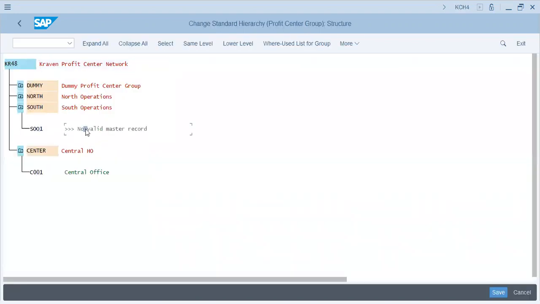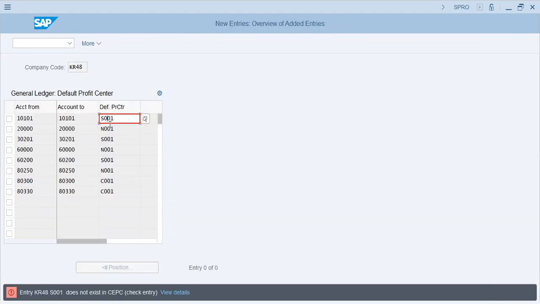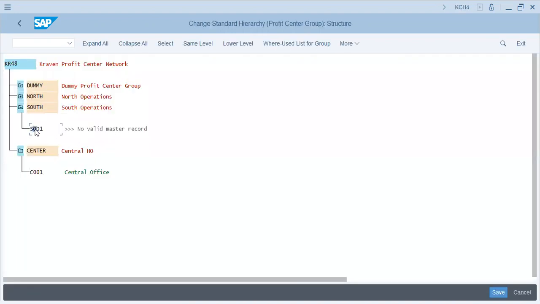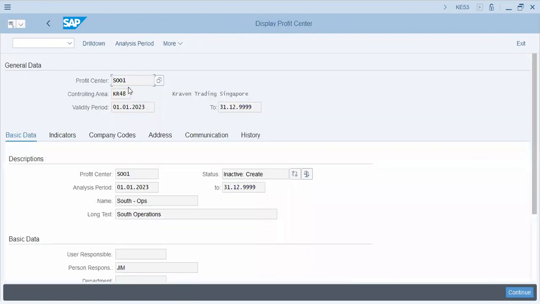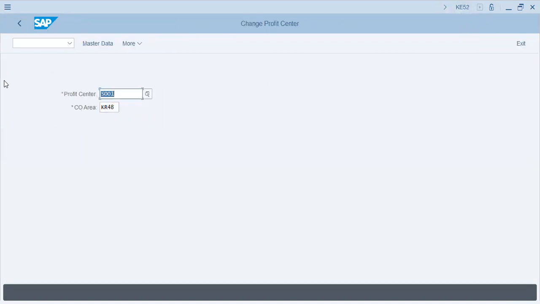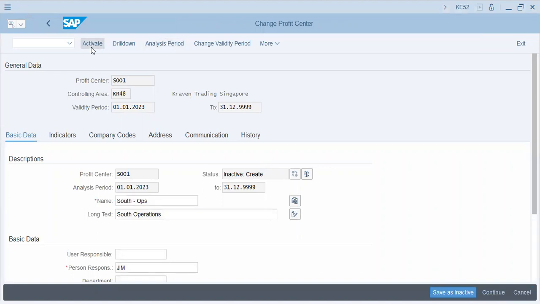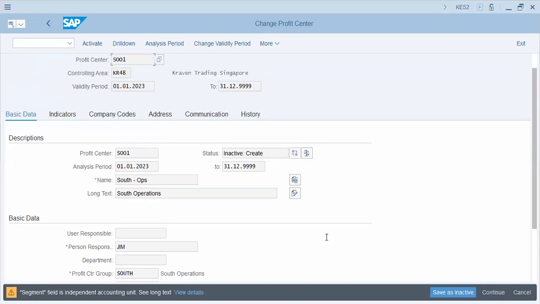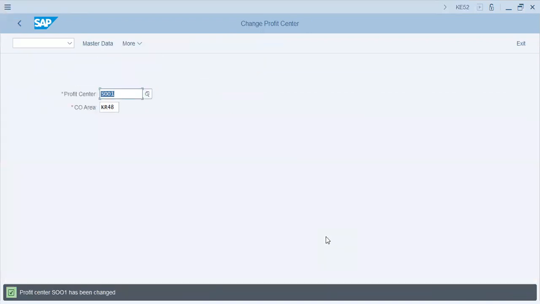S001. That's S001. And this is, I believe, KE52. 53 is display, so I'll go to KE52, S001, and activate. Enter, enter. Okay, S001 has been